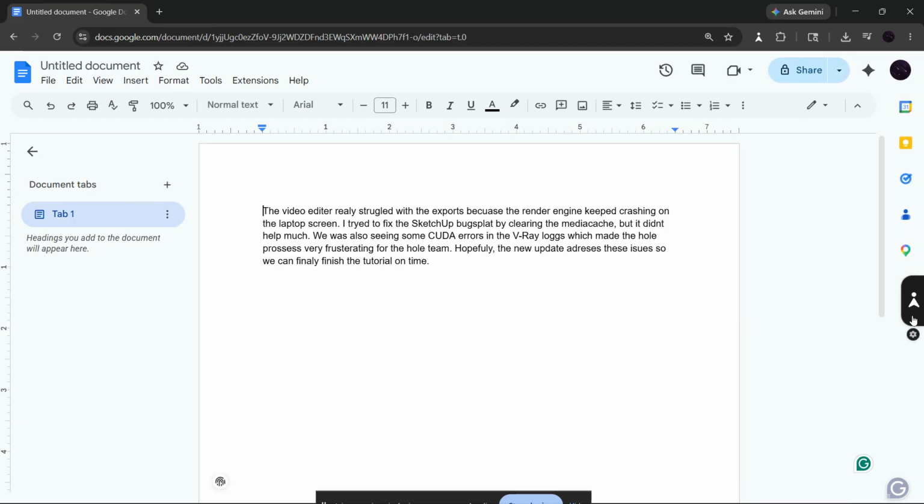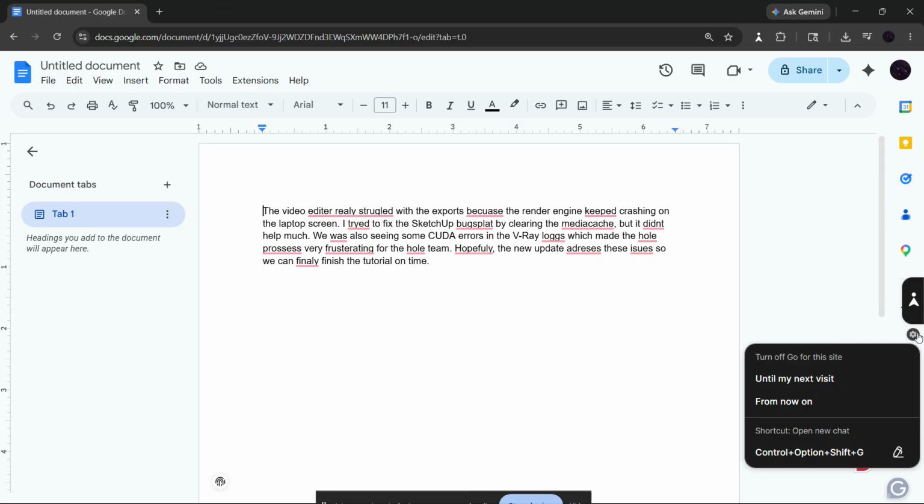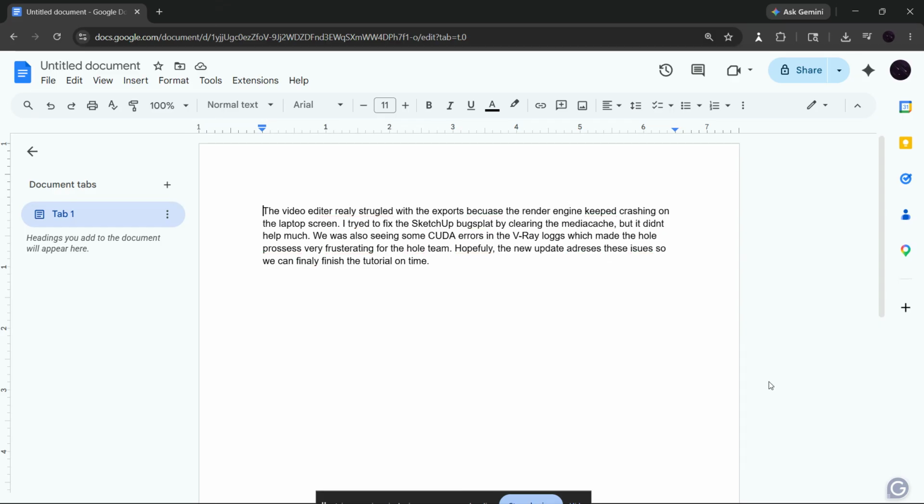Just hover your mouse over the Superhuman Go tab on the right edge of the screen. When you do that, you should see a small arrow or an X icon appear near the top or the bottom of the bar. Click that icon and the sidebar should collapse into a tiny floating icon or disappear until you open the extension again. This is a great option if you want the Grammarly tools available, but you do not want the sidebar sitting